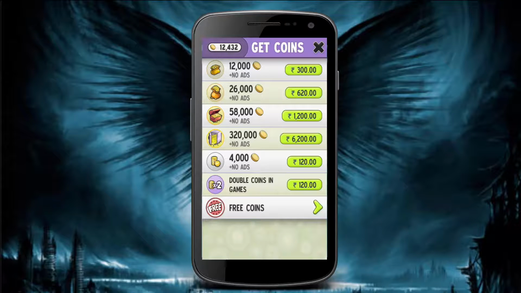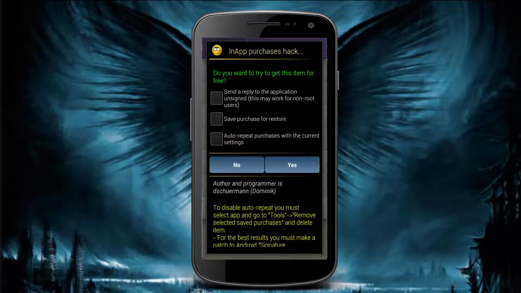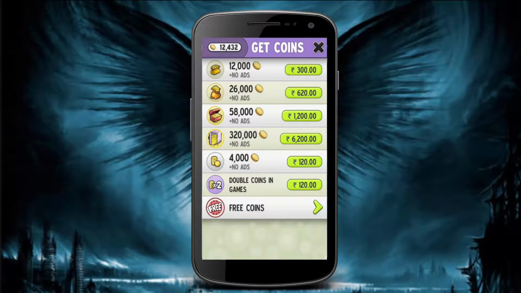She was just a small kid, not even 4 to 5 years, I expect, and she was getting all the coins. Now I didn't understand how she was buying. Then I asked her, how did you get all the coins? Then she simply opened it, pressed something like this, and she doesn't know anything. She just knows to press yes. So she pressed yes. That's all.